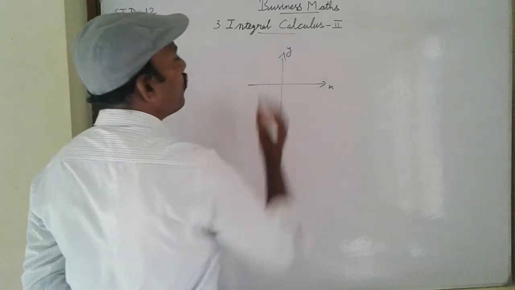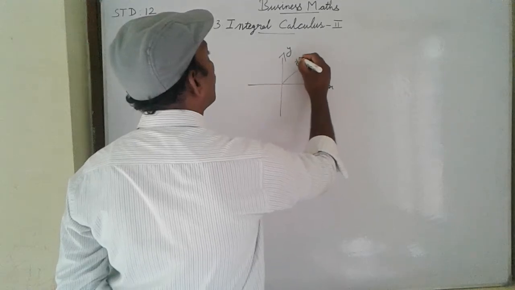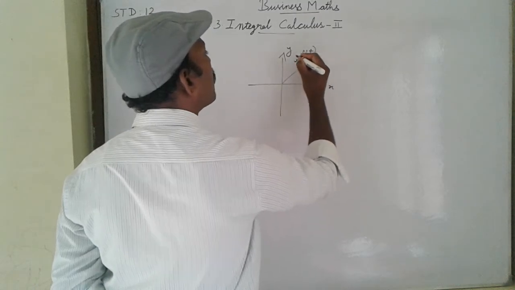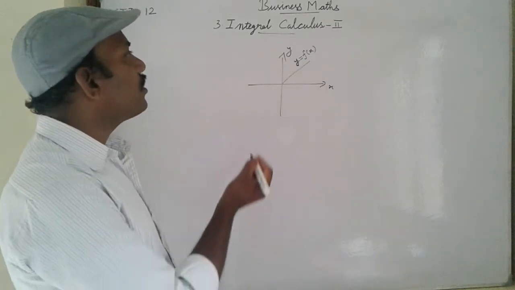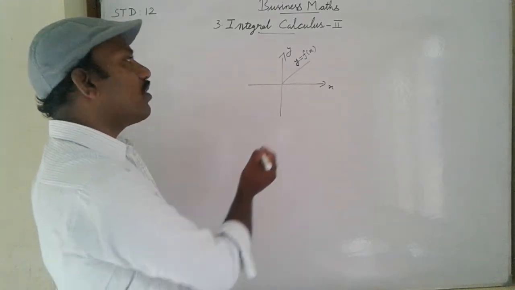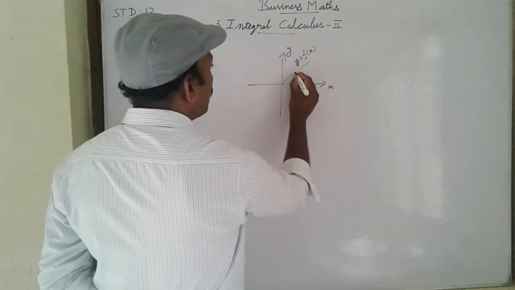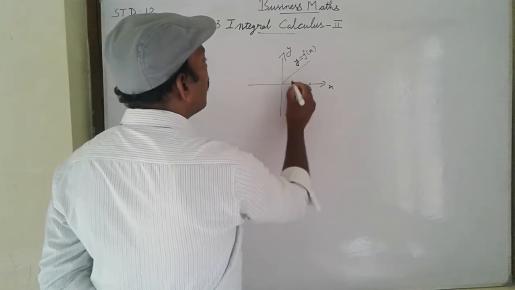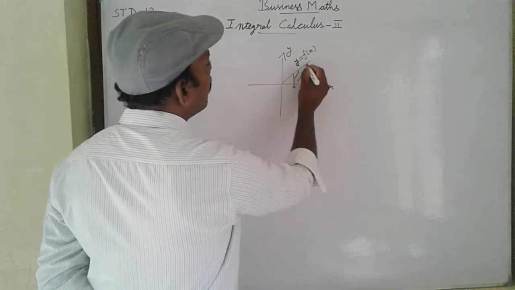an x-axis, and this is a y-axis. We should take any one line, y equal to f of x. This is a function; y equal to f of x is one of the functions. In the 10th standard, the graph y equal to f of x was a parabola or a line; in the 9th standard, we drew a line. So this point on the x-axis is A and this point is B. Between them, we should find out this area.